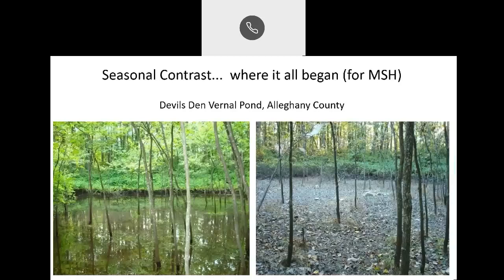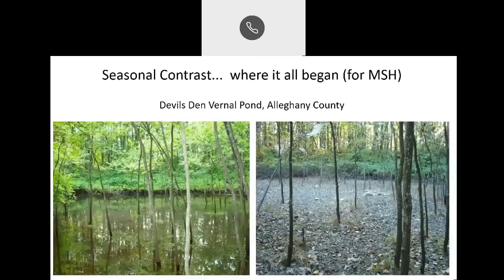I was fascinated by this. A site that could be a pond for part of the year, and then during the summer would be this open glen, and I could turn over those sandstone boulders and find ringneck snakes. So the contrast in these conditions just fascinated me from the very beginning.